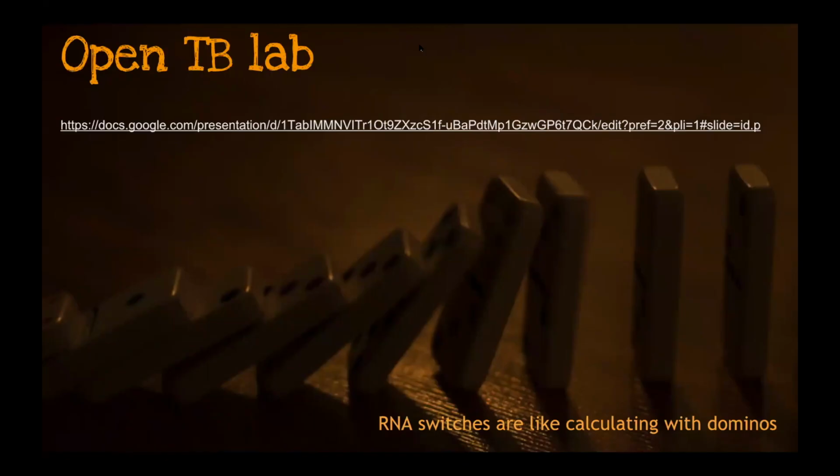I got a link to this too on this page, but it starts out showing the logic that was involved with these logic gates, and it explains it through these people making these computers with domino puzzles, because that was the point of this lab, to make an RNA molecule that